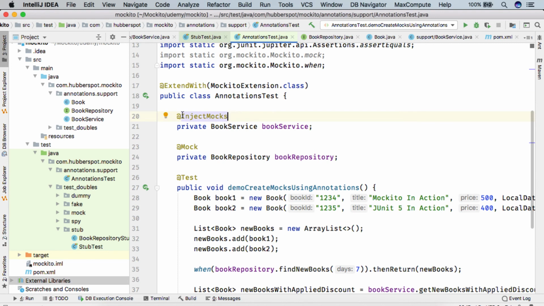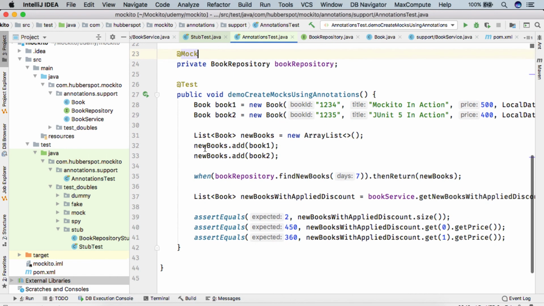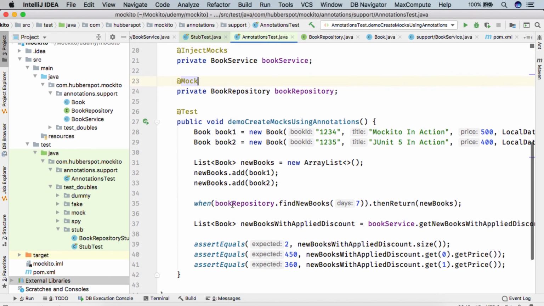Second, using @InjectMocks, we can tell Mockito that this is our class under test. And using @Mock annotation, we can tell that book service is dependent on book repository and we want to mock book repository. And here we can directly use these things.